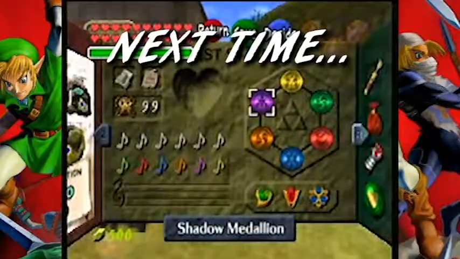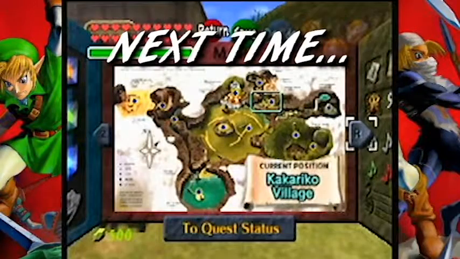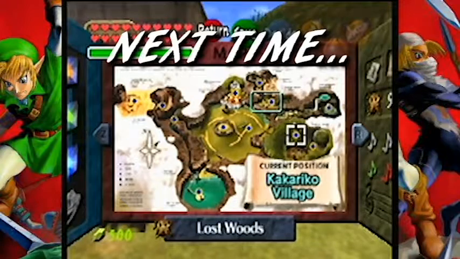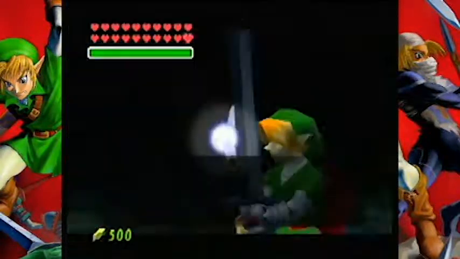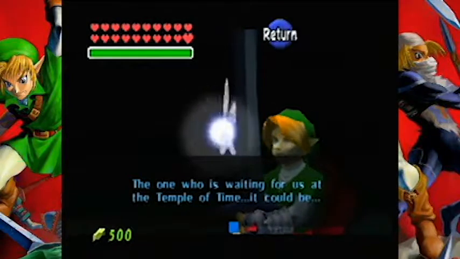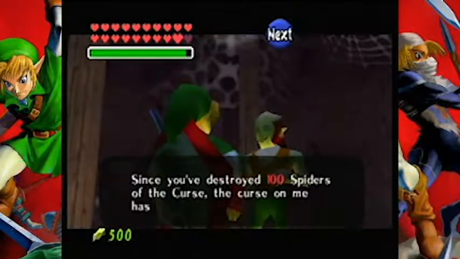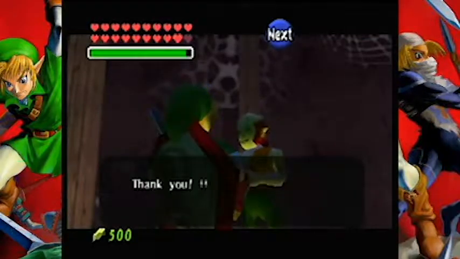But we have that nasty 100th gold Skulltula, and you might be wondering, where on earth could it be? We've been everywhere. There's just nothing left for us. Oh, see, the one who is waiting for us at the Temple of Time, it could be... Who would think to look up there? Nobody would think of that. It's such an obscure...